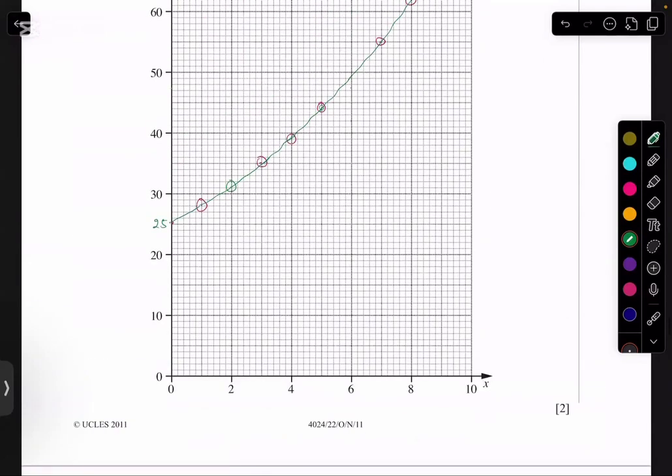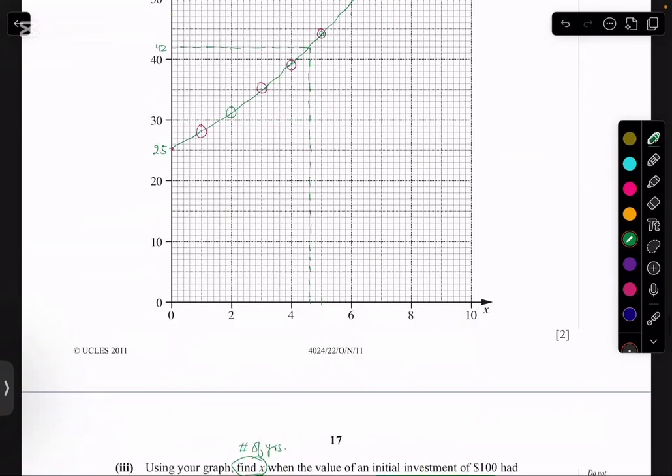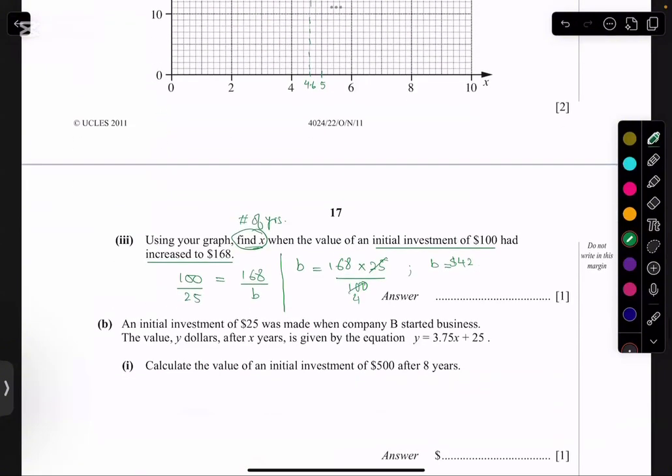So if we compare $42 here, $42 is at this point. So with this 42, can I get this value of x, which is approximately 4, like we have a 5 here, so I can say that this value is 4.6. So can I say that the x value here is going to be 4.6 years. That means if you made an initial investment of $100, it will become 168 in what time period? 4.6 years.